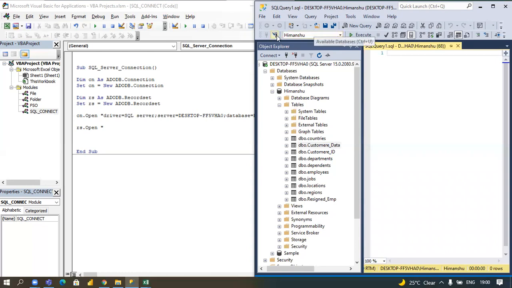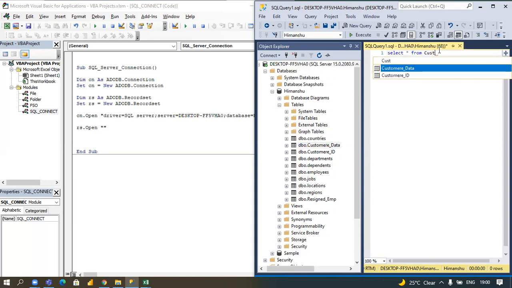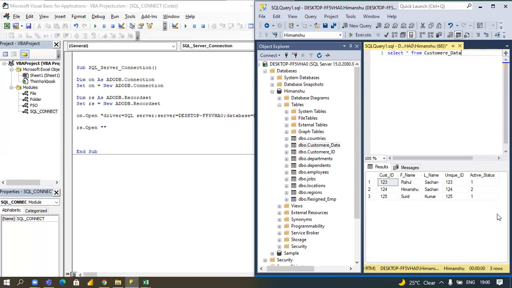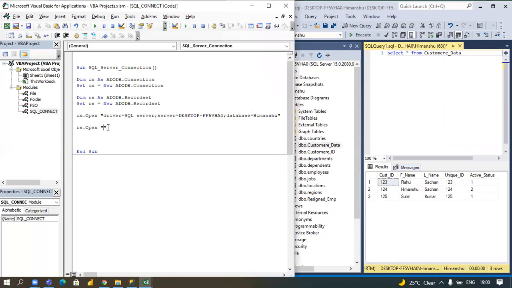The Himanshu database is already activated, so we can directly write a query like SELECT * FROM, and you put the table name here. The table name is customer data. You can see here also customer data, I select the table, and you can directly copy this query and first fetch. You can see at the bottom in the SQL server the data of this table. So we can directly paste this query here.